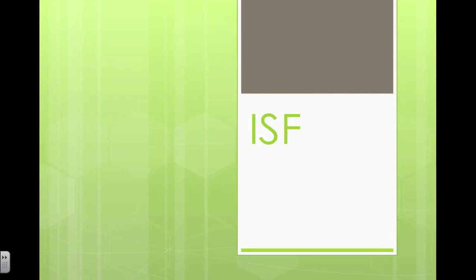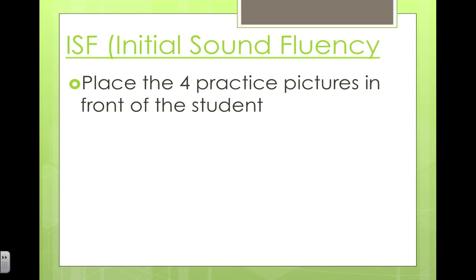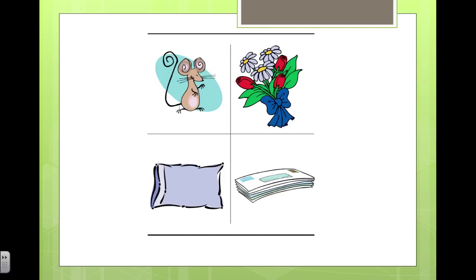This is for initial sound fluency of the DIBELS assessment. You're going to start this assessment by giving a copy of the sheet that contains the 4 practice pictures and place it in front of the student. The sheet will look like this. After the sheet is in front of the student, you will say, as you point to the pictures, this is